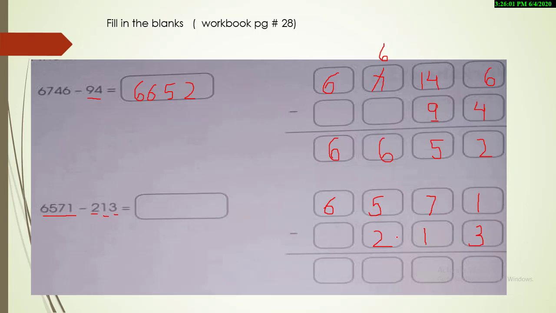213. Yes. Now it's time to check the floor and the top. Is it more on the top? No. Is it more on the floor? Yes. So what are we going to do? Go next door. So I just cut it. I will make it 6 and I will give it 1. So it turns into 11. Yes. Now tell me, what will be the answer? 11 minus 3. What will be our answer?